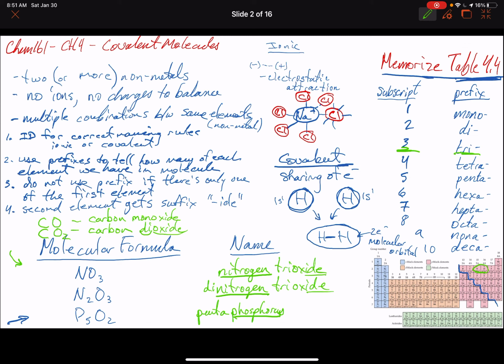And then we have to now apply a prefix for the 2 on the oxygen. So we'll be using di here and applying the "ide" terminus to the oxygen, so dioxide there, and our prefix of di is indicating 2. Pentaphosphorus dioxide, okay? So that is how we name covalent molecules, and we'll look at